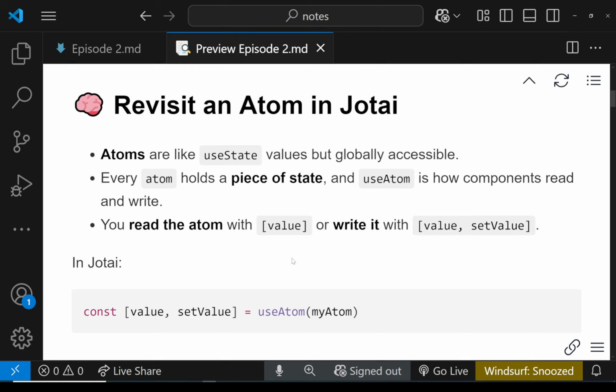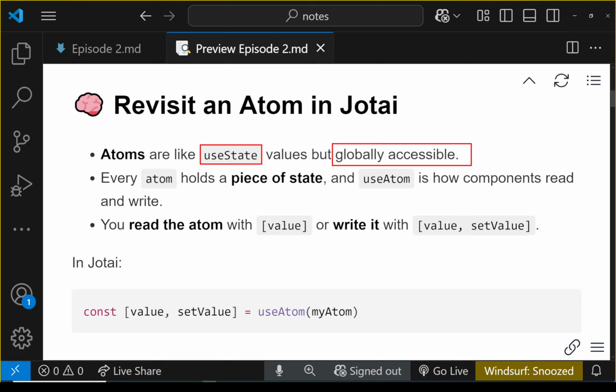So let's talk about atoms again. As I told you in the previous episode, atoms are like useState. So useState creates a local state, a local piece of data inside of a component. So that component owns that state, right? So atoms are like useState. They're granular, very fine-grained, but those are not local to a single component. Those are globals. So atoms are globally accessible by all of the components. Every atom holds a piece of a state, and useAtom as a hook is how components read and write that